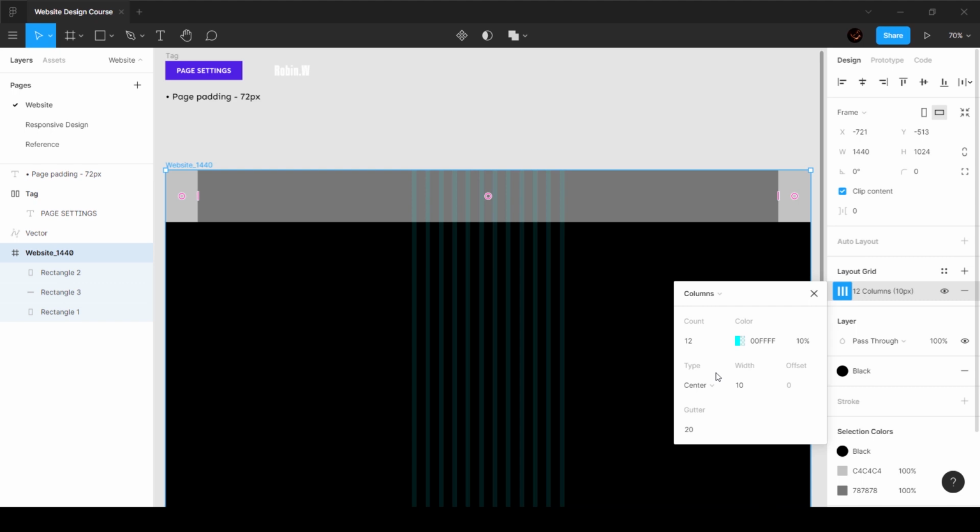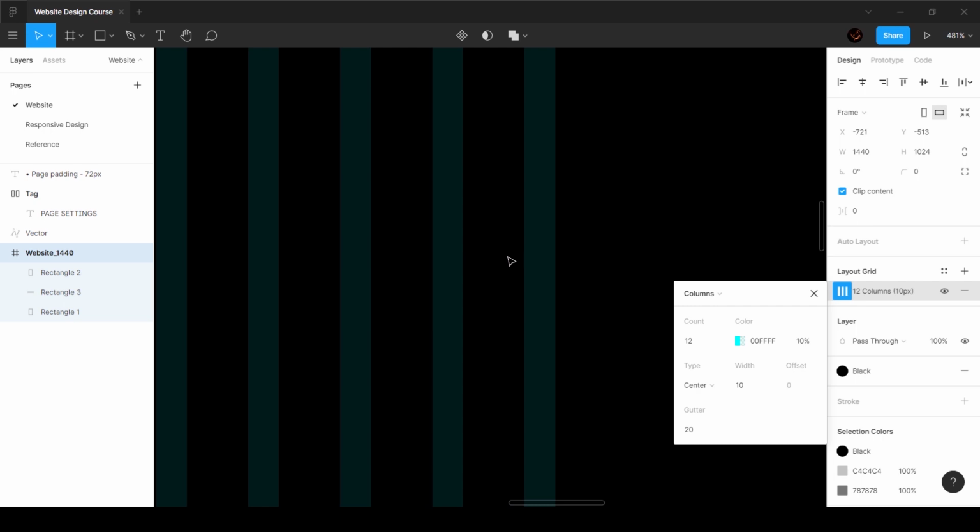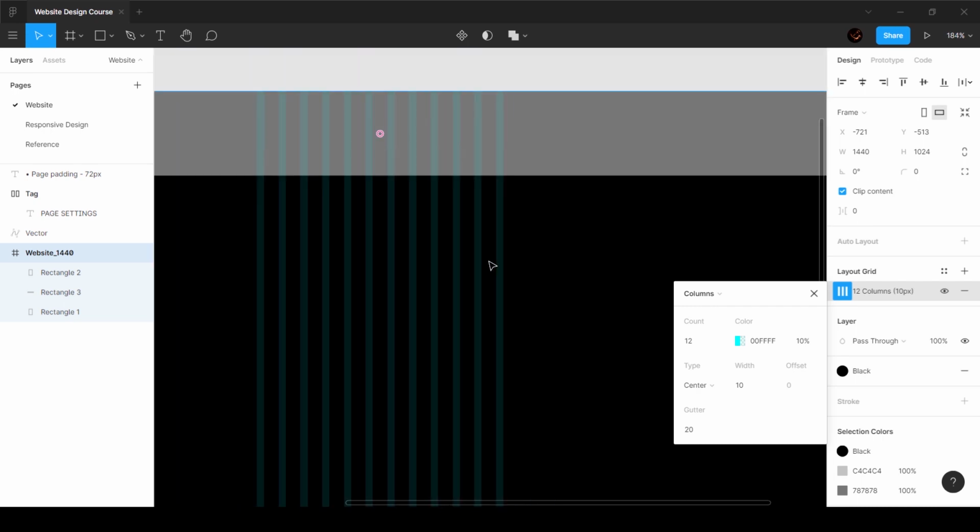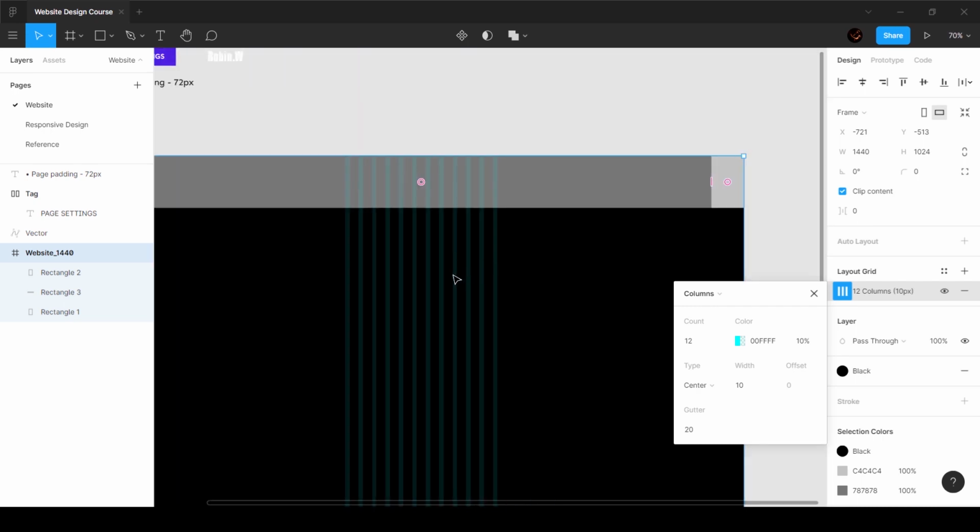The next thing is to find the gutter. Gutter is the spacing between two columns. As you can see, this spacing is called the gutter. Now, how much do you decide that? Which again is a design decision. You can choose 16, you can choose 8, 20, 24, 32, 10, 15, any number that you want. In this case, I'm going to choose 24. Why? I do not have any logic. It's because I feel 24 is a decent number, which I prefer for my websites. So I'm going to set the gutter to 24.